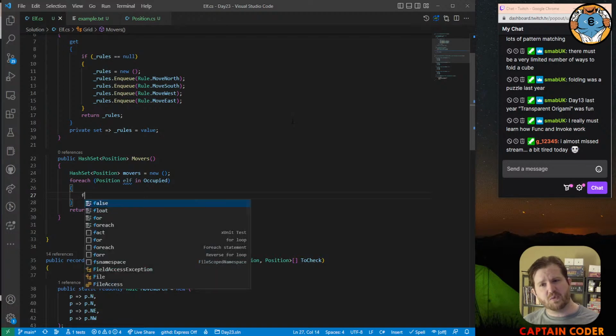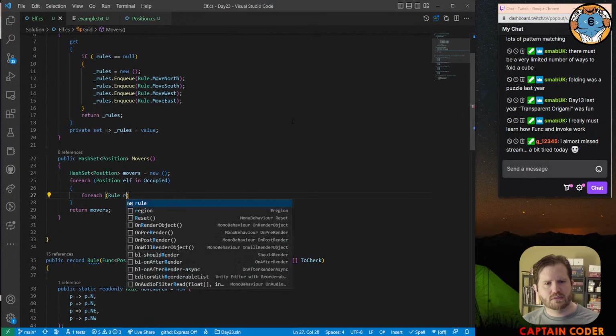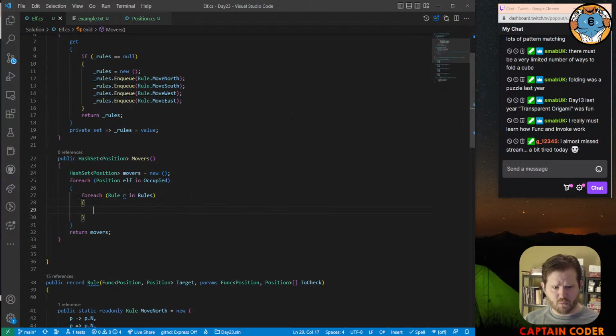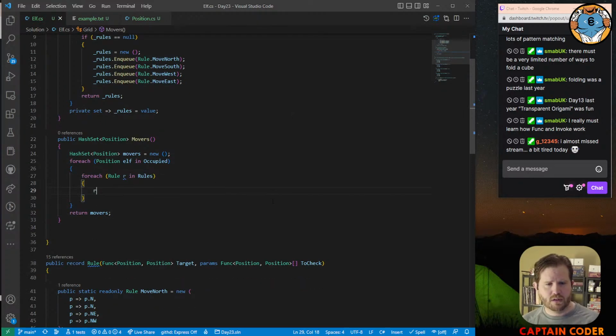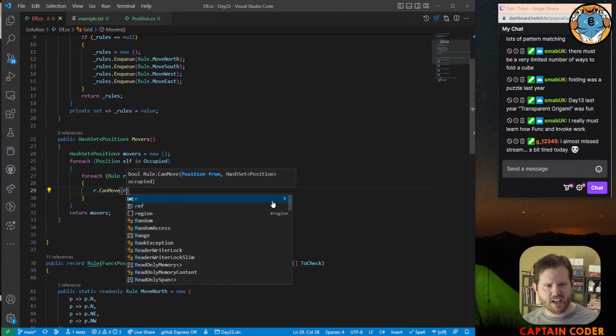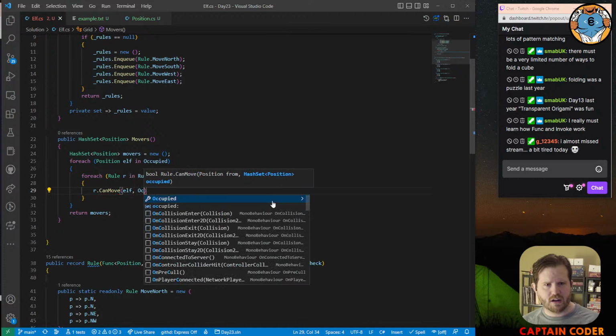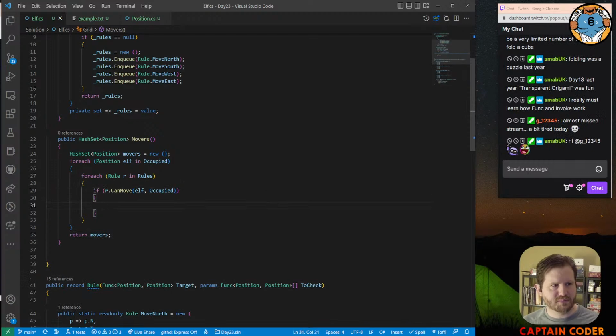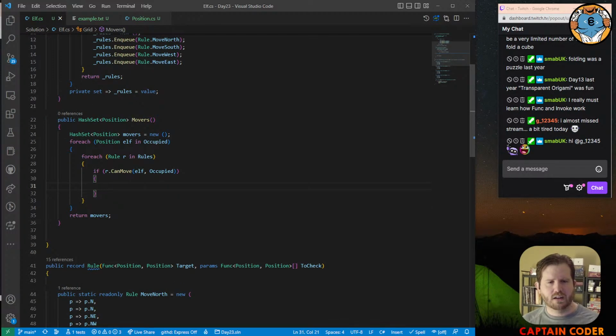And then for each rule in rules, we're gonna say r dot can move. Our from position is our elf, and our occupied is here. So if we can move, movers dot add elf. All right, so we're gonna put all these in here,